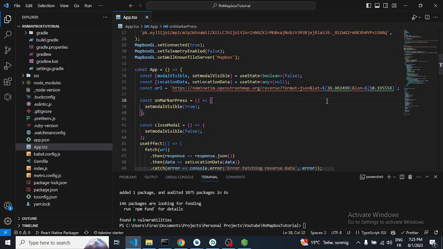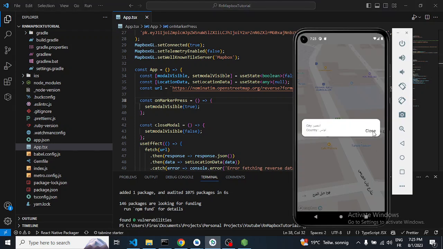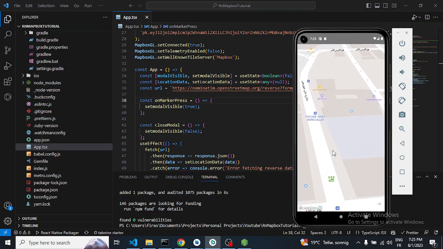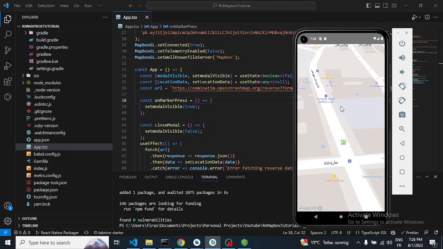So all of this will be dynamic in the next video, because in the next video we will be populating a lot of data and a lot of pointers. We'll have multiple pointers or markers on the map, and each pointer has its information. For example, we'll be working on stores in a city. We'll have a navigation between the user's position and the store. And we'll be displaying the list of stores